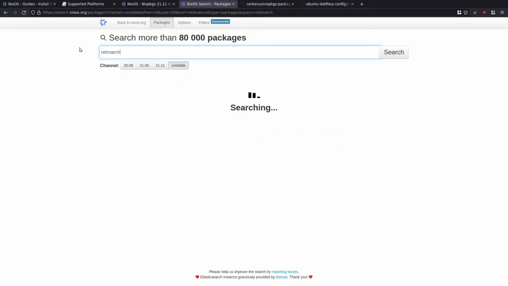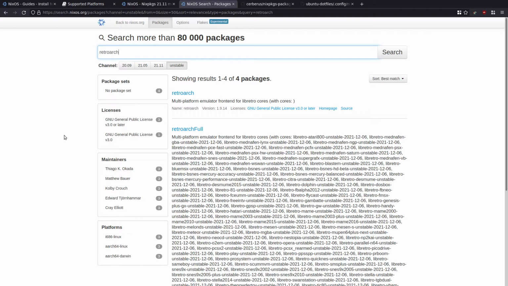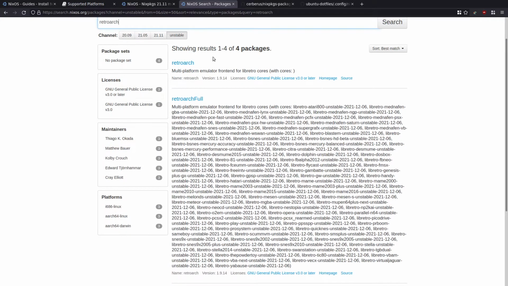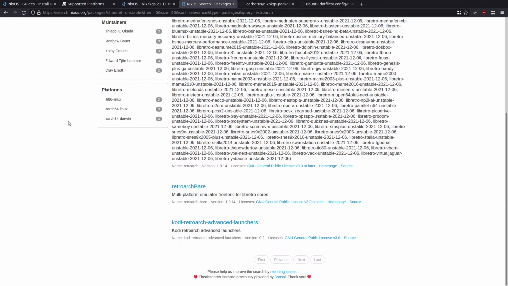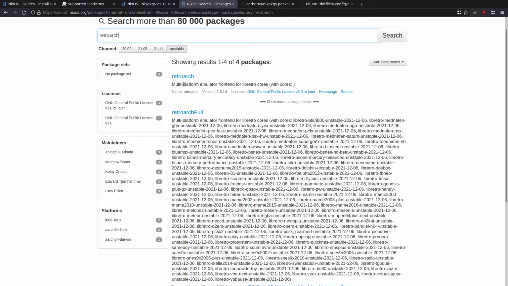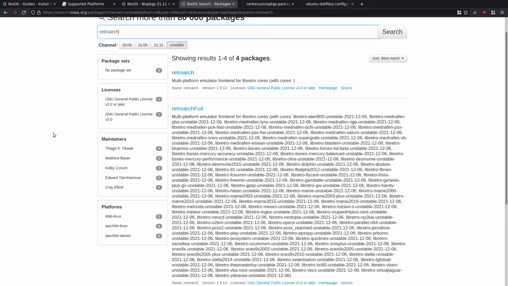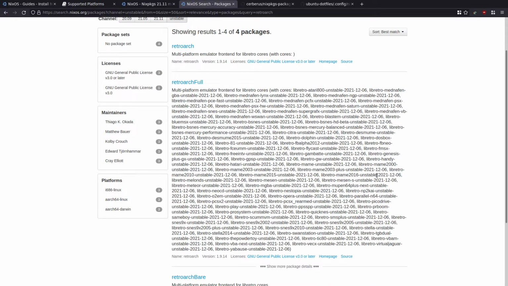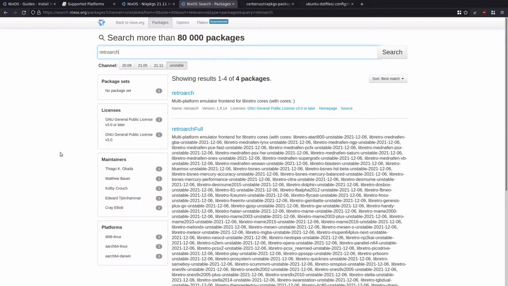One thing that confused me about this is there's 3 versions of RetroArch. See version 1.9.14, 1.9.14. So there's a RetroArch bare, there's RetroArch, and there's RetroArch full. I'm not quite sure what the difference is between these ones. This looks like it's got a lot of cores and stuff. So that's one thing I've got to work out, which version of these I need to install to get